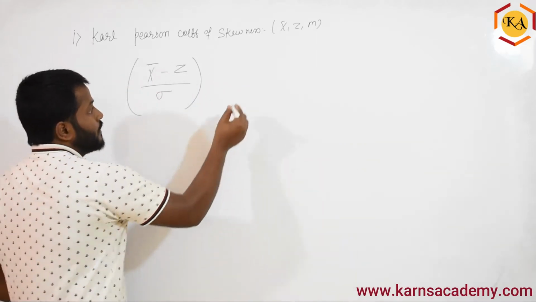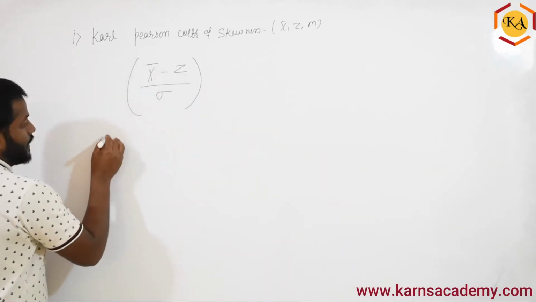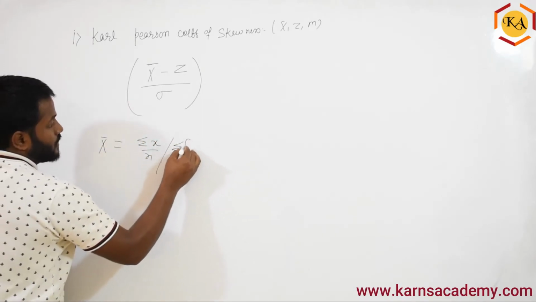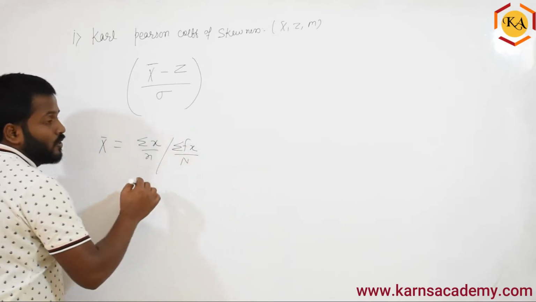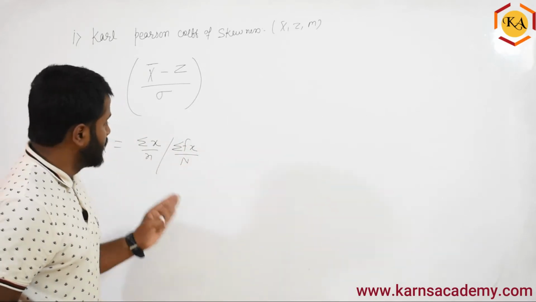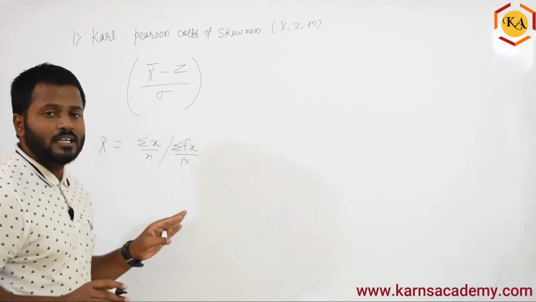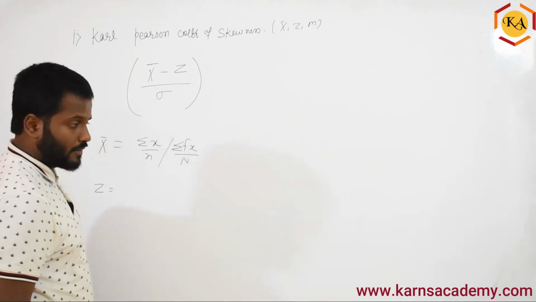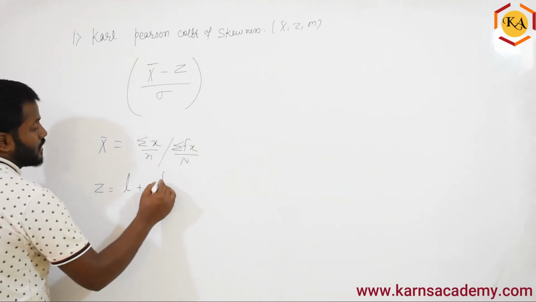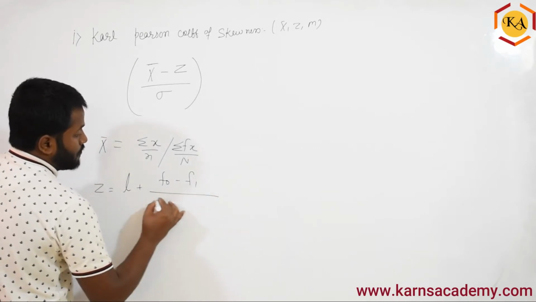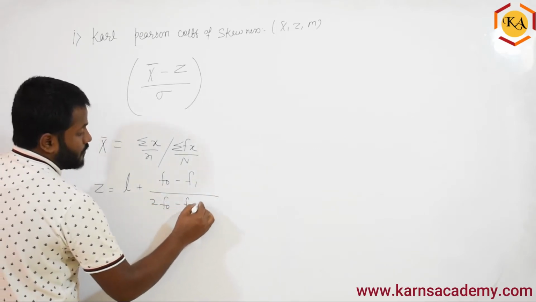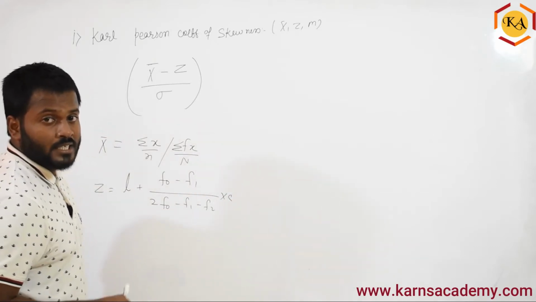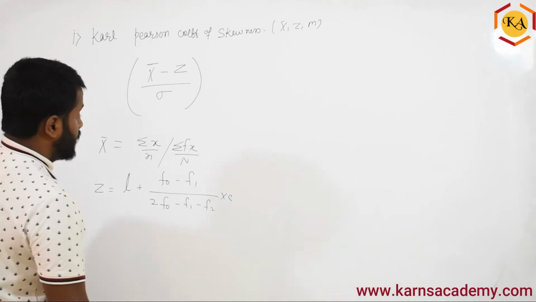All of you know very well how to calculate the mean, right? It might be summation x by n or summation fx by n, depending on what data you have. You can use the shortcut method, no problem, but here I will go with the direct method, as I don't want any confusion. You also know how to calculate the mode, which is L plus f0 minus f1 by 2 f0 minus f1 minus f2 into c for continuous data. For ungrouped and discrete data I have already explained in the mode topic.